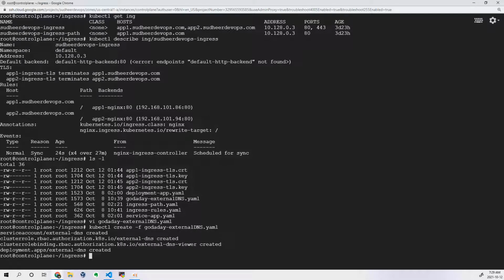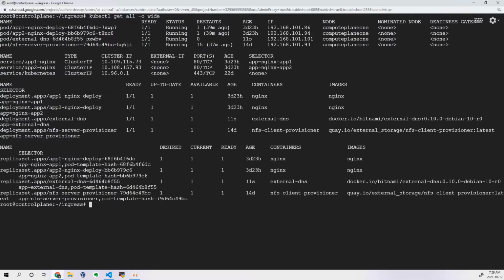Okay, it got created. It created the service account, cluster role binding, and deployment. Let's verify whether these are running or not. So kubectl get all -o wide. You can see my application is running. If you try to see the logs of it, logs -f, and then